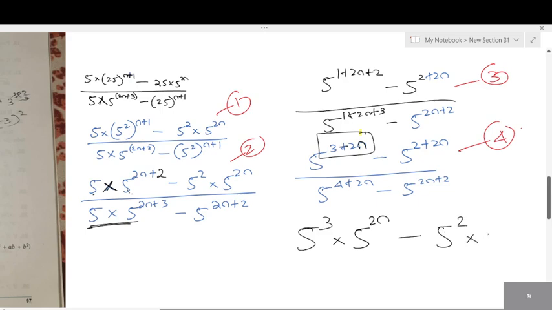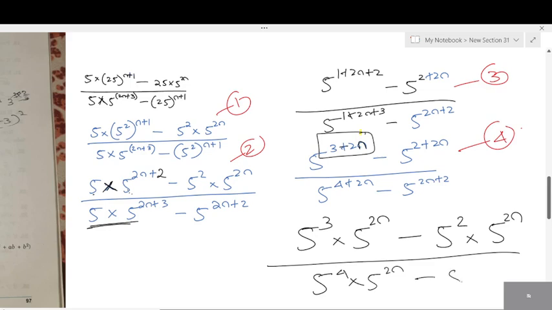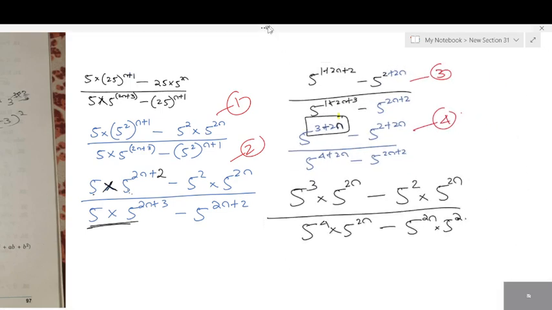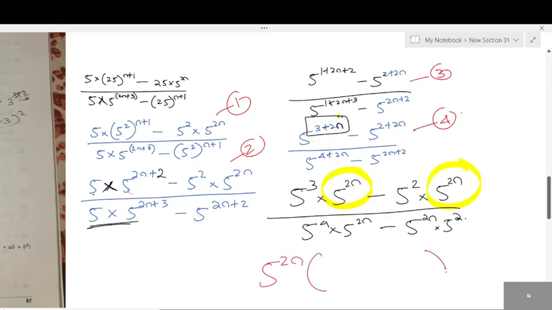5 to the power of 3 into 5 to the power of 2n, divided by 5 to the power of 2n into 5 to the power of 2. What is common in the numerator, students? Look at the numerator and tell me what is common. Which one is common to both? 5 to the power of 2n is common. Let me take 5 to the power of 2n. What is left in the bracket? 5 to the power of 3 minus